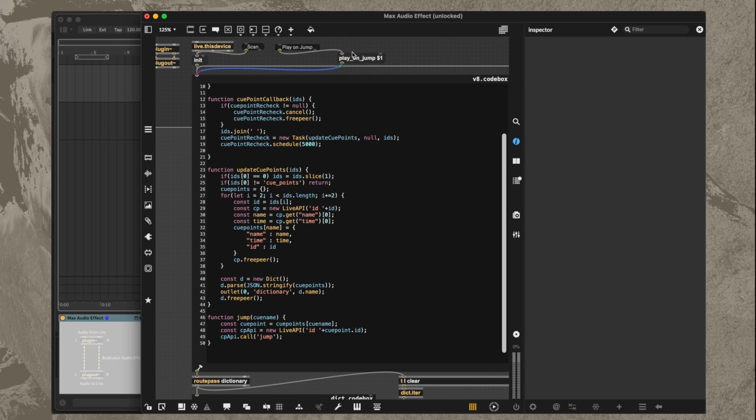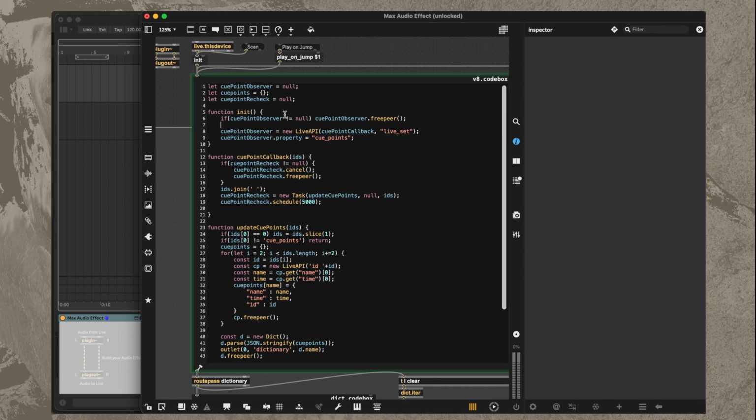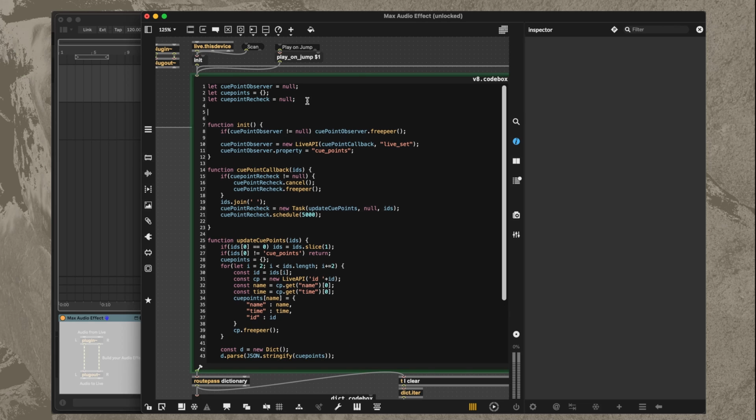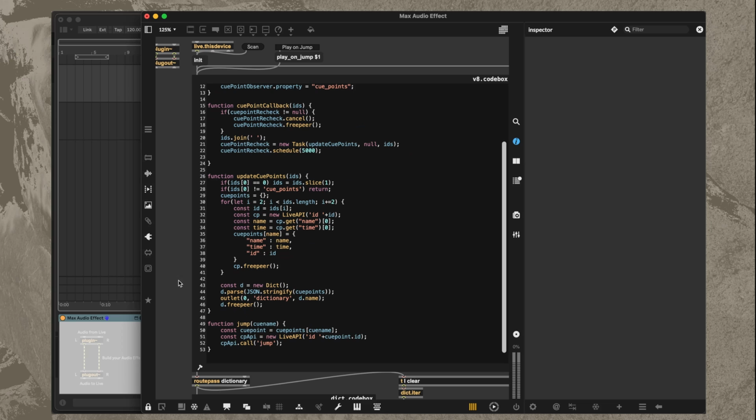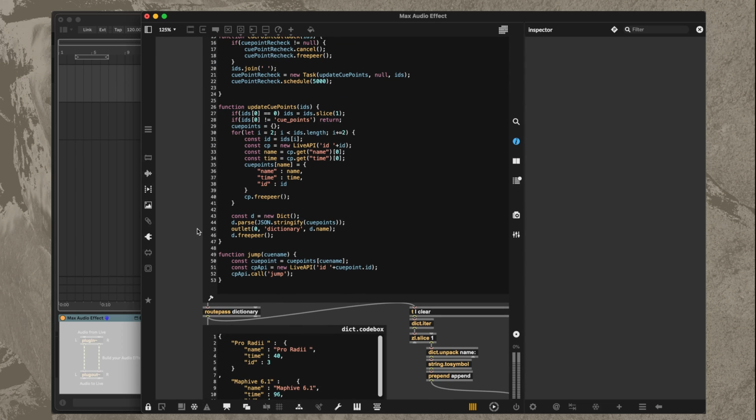And for this, we're going to use this cool feature they recently added, which is called set attribute. So we'll create a variable with the var key. We'll have this disabled by default. And then we say declare attribute play on jump. And then this allows JavaScript to recognize this as a, the V8 codebox object recognizes this as an attribute of itself. And so I can send this message and update that property. And then down here, we can